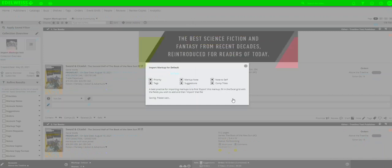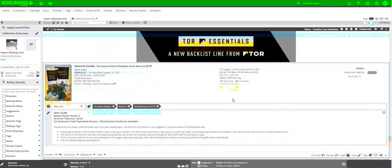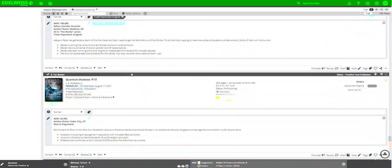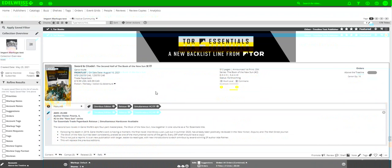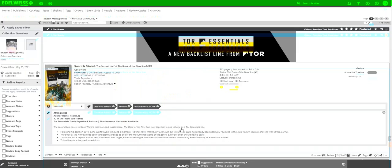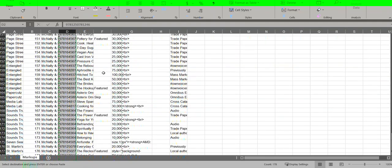And depending on the extent of your notes, it could take a while, but that was fairly quick. So now you'll see our titles have markup notes. They have tags and they have notes in the formatting that I've chosen. And then if that's all you need to do, you can share your markup how you'd usually share it with your accounts. If we go to the Excel list I uploaded real quick,